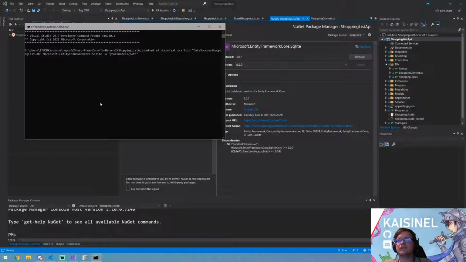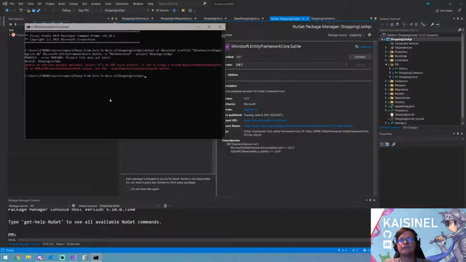And finally, you need to specify where you want to put your models. And I want to put my models in the db/generated folder. And finally, you need to specify the project that you're using for this. And my project is shopping list API. Like, to which project should the files end up? And if you specify everything correctly and hit enter,